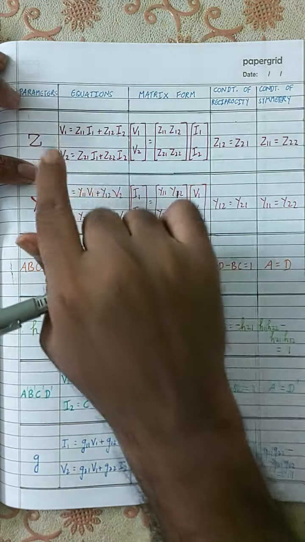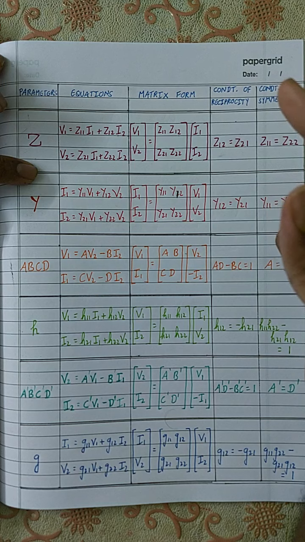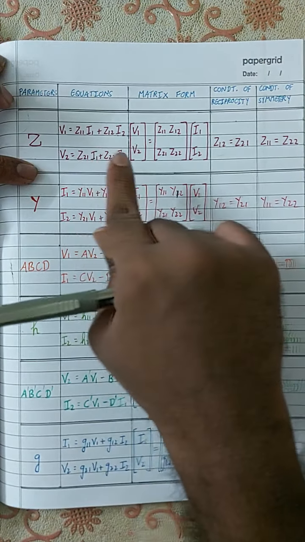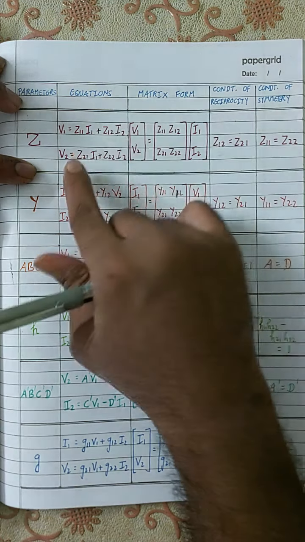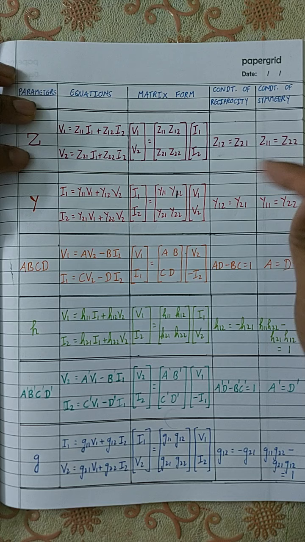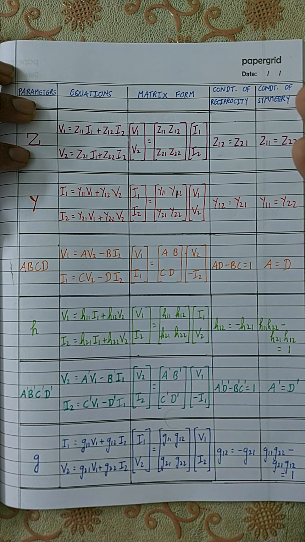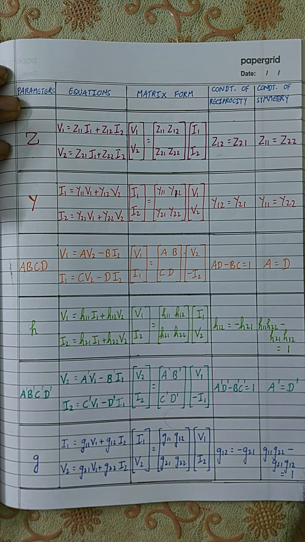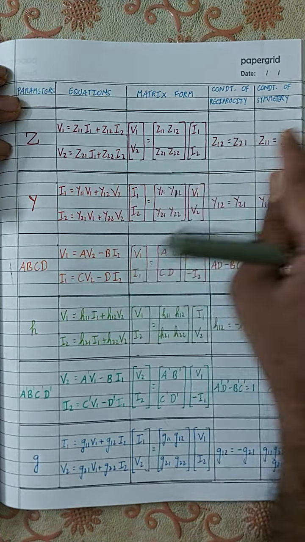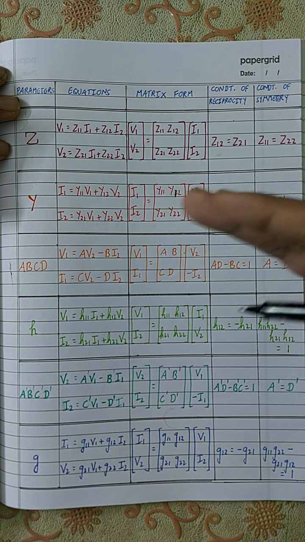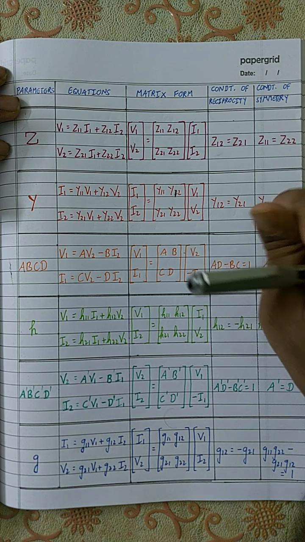Same case also, if you are able to express the equation in your given circuit in terms of V2, I1 and I2, then you can easily find the value of Z21 and Z22. That's one way of finding, that is trying to make the circuit equations in terms of these parameter equations and then simply compare the parameters and write the answer. That is one technique of finding the parameters.